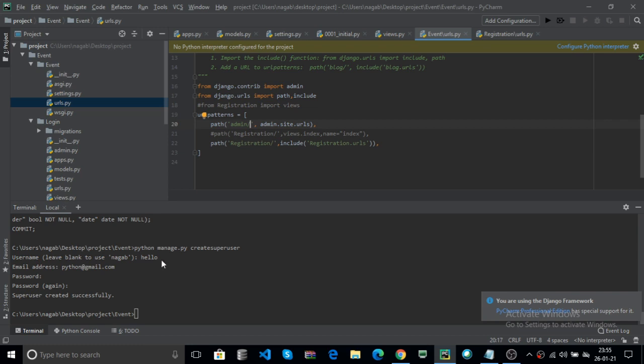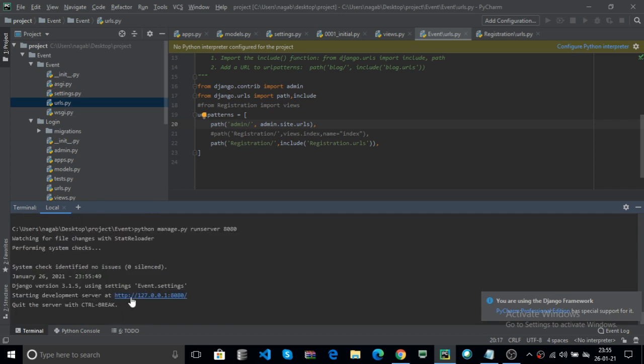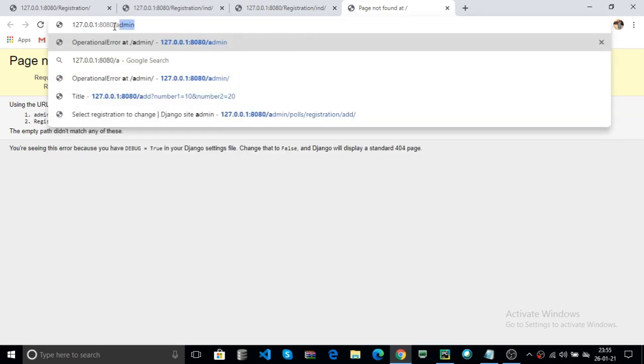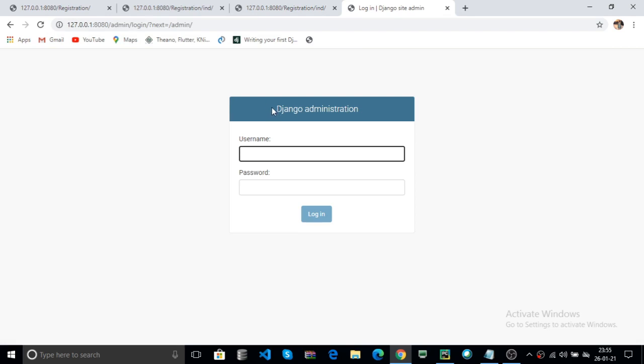We have not created an admin yet. Now we can run our server: python manage.py runserver 8080. Now click on the link. Here you can use the admin. Now it shows Django administration.